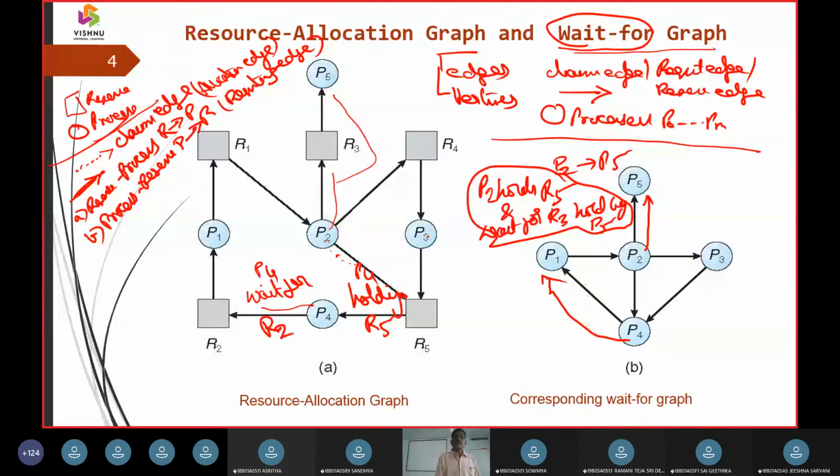Okay, now let us discuss P3. What about P3? P3 is holding R4, and P3 is going to wait for R5, where R5 is with P2.